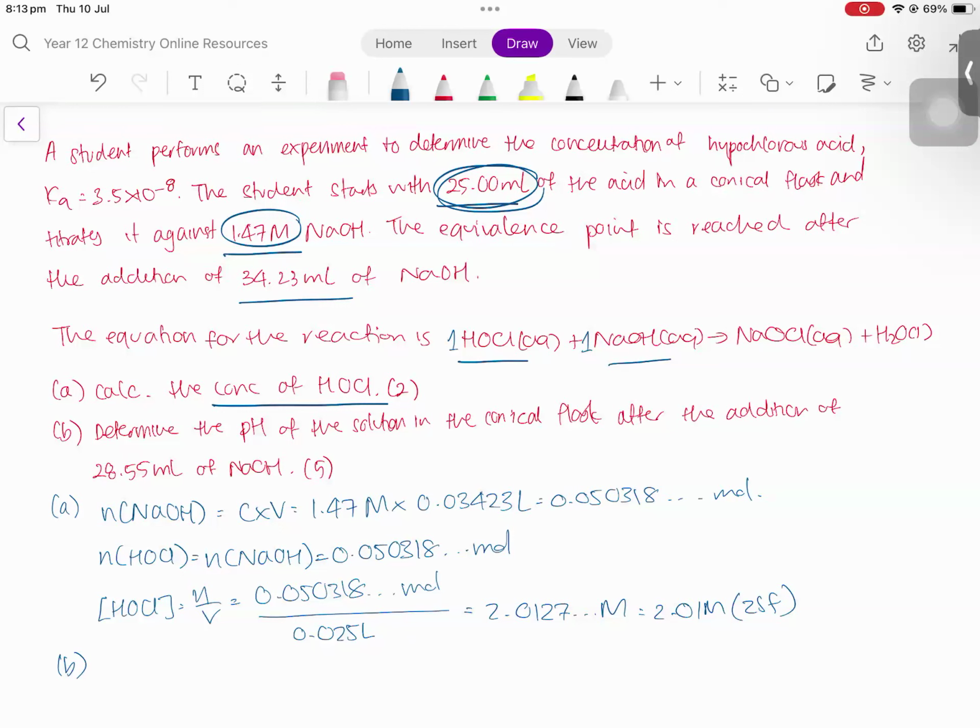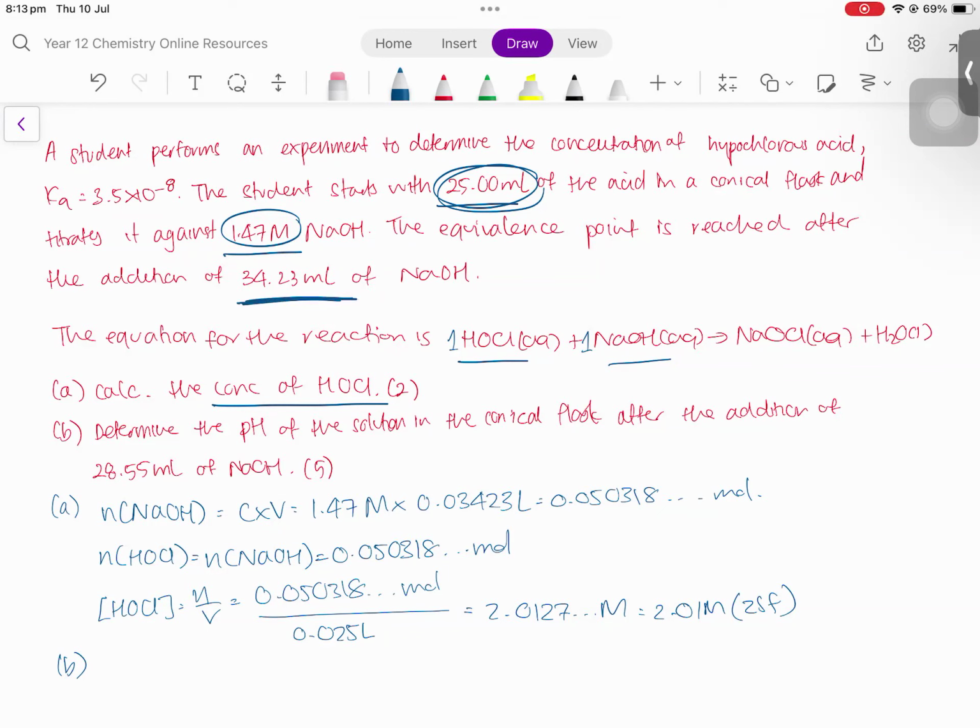The fact that it's in a conical flask is actually irrelevant. They're not asking you a question about prac skills, yeah? This part B, all it is a mixing acid and base question. Okay, part B is just mixing acids and bases. All right, now what you've done in part A is you use stoichiometric ratio in part A. We could do that because